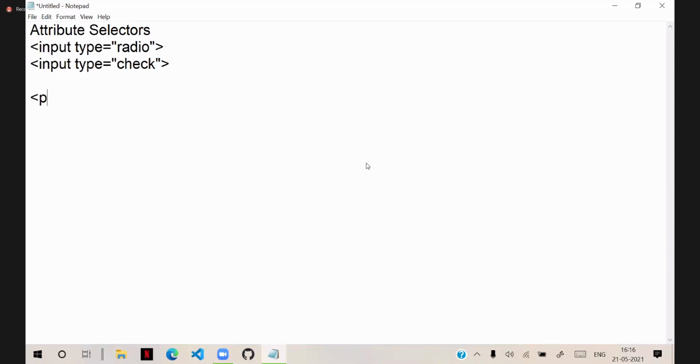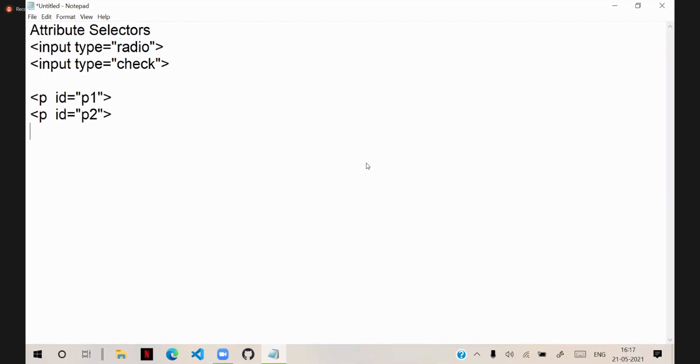Suppose we have a paragraph. One paragraph is having ID P1. Another paragraph can have ID P2. I want to apply effects to all paragraphs that have an ID. So the ID may be P1 or P2. If it is having an ID, I want to apply some effects. That type of situation comes regularly.